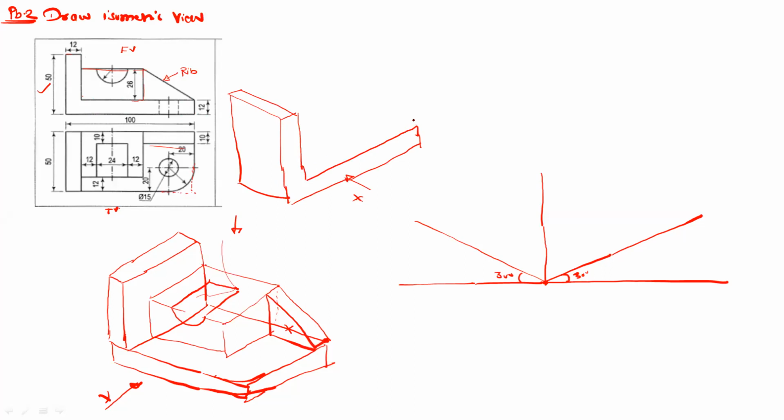Then at this corner, you will observe the fillet of radius 20 mm that is visible in the top view. So right now just complete the rectangle. Then you will observe this rib. So before that, you should complete this rectangular box. Just forget about this semicircular feature. Just assume it is a rectangular box only.